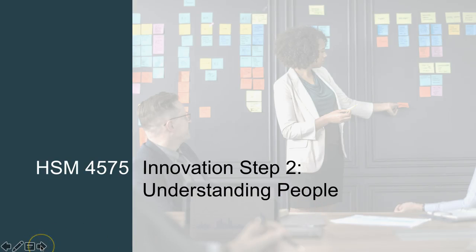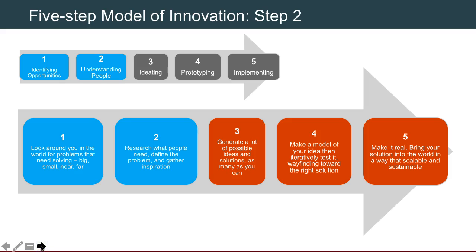In Module 4, we're going to look at Innovation Step 2. Step 2 of the model, we're going to go deeper to really explore the idea of understanding people. So if we recap, what do we mean by understanding people? What we want to do is define what people need to be able to solve a problem that's meaningful for